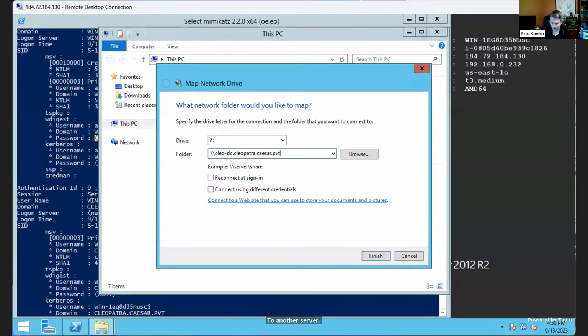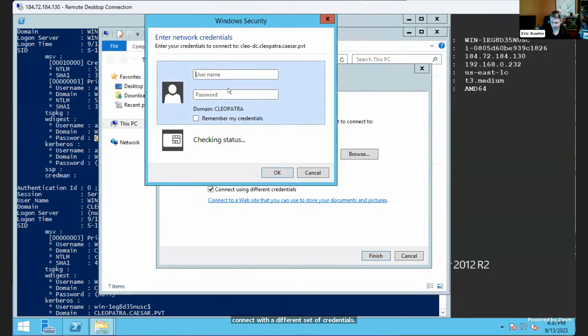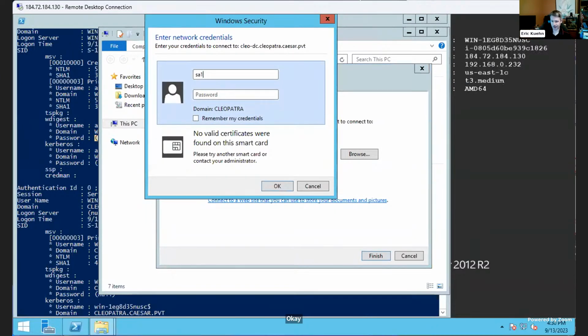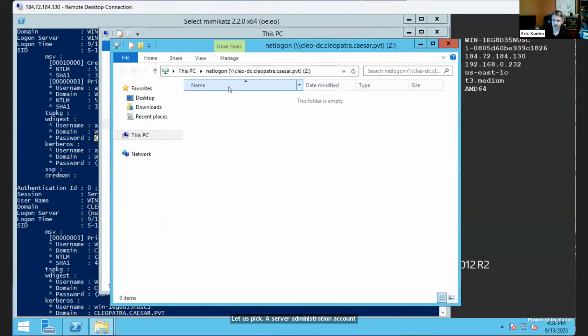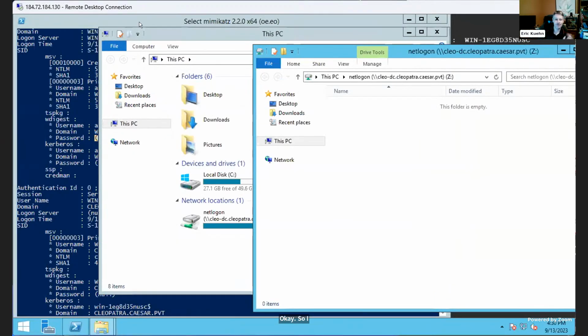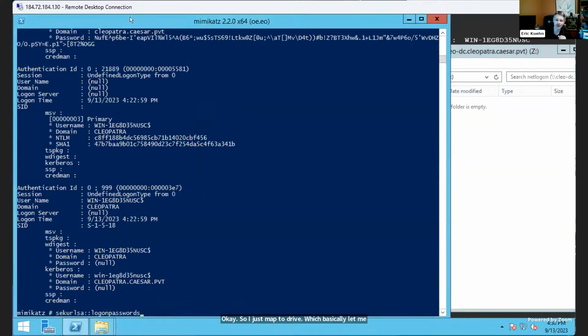So I'm just going to add in a name here. The share doesn't make a big difference, but the idea is I want to connect with a different set of credentials. Okay. Let us pick a server administration account. Okay. So I've just mapped a drive, which basically let me connect to a Windows file share with a different set of credentials. If we run the same command,